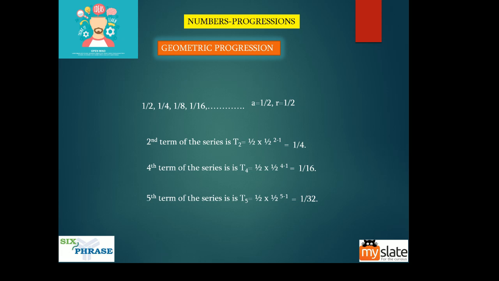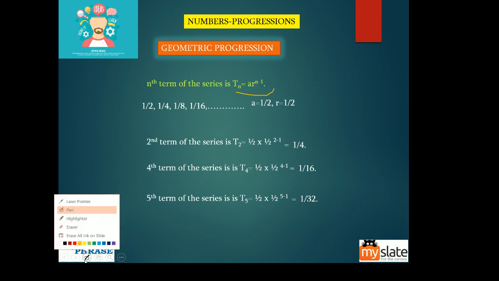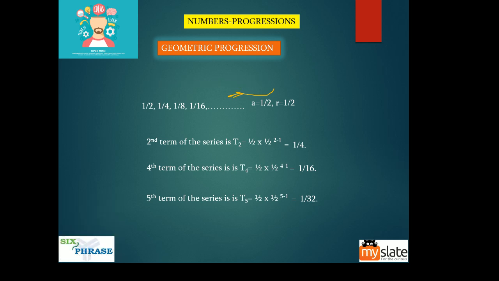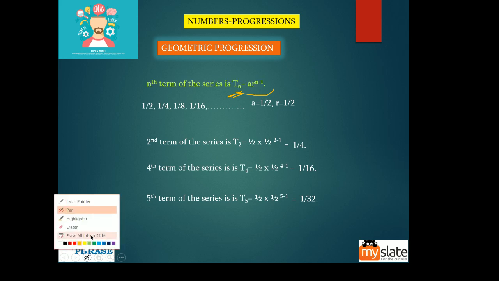Now look at this, guys. If you have to find the nth term, what is the formula? a r power n minus 1, right? So the last term formula will be the same, right? Yes, in arithmetic progression also you saw. So the last term formula will be the same. The only thing you have to make sure is that this n must be the last term. If you make sure that n is equal to the last term, then the value that you get here is the last term.